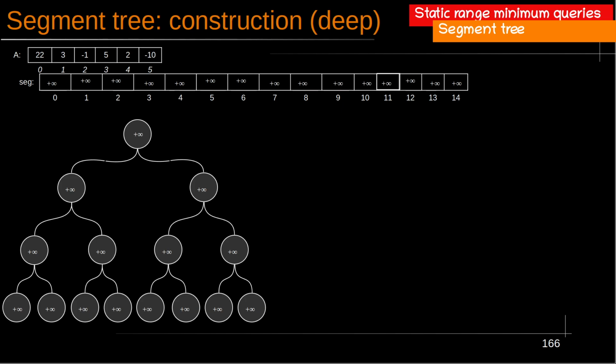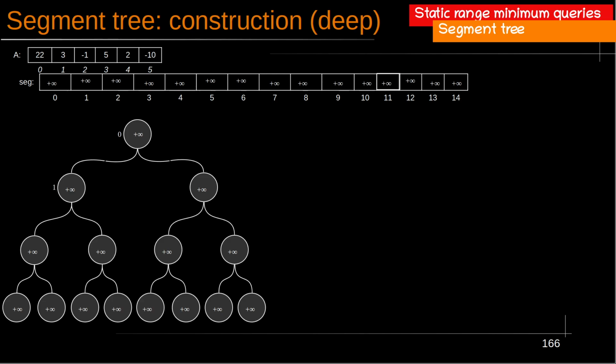If I have my original array of size 6, and as we have seen, we have to build a segment tree of size 15, 2 times 2 power 3 minus 1, which is 15. I initialize the segment tree to plus infinity because we're going to use a min segment tree here,